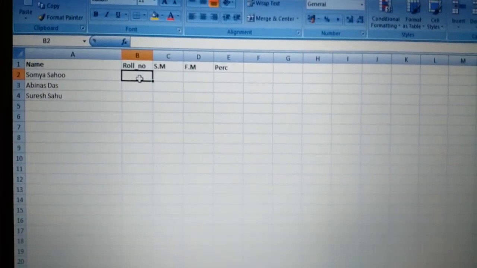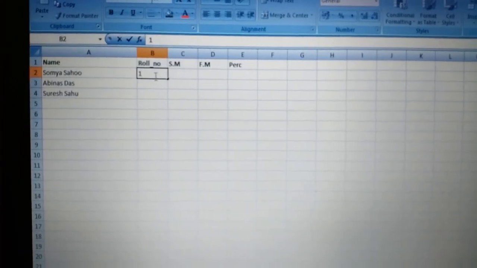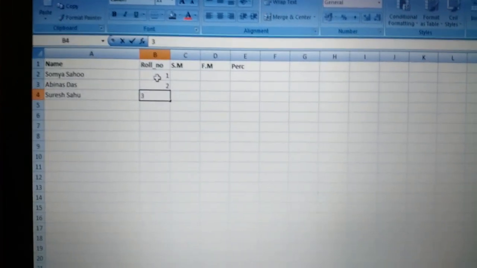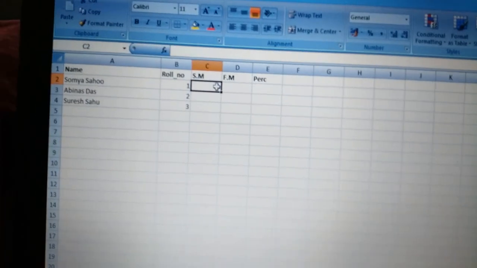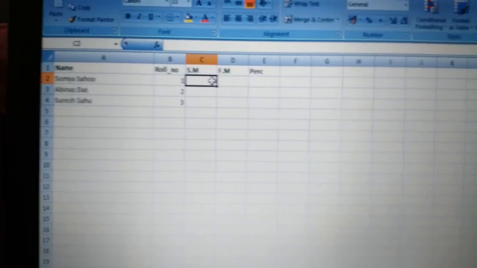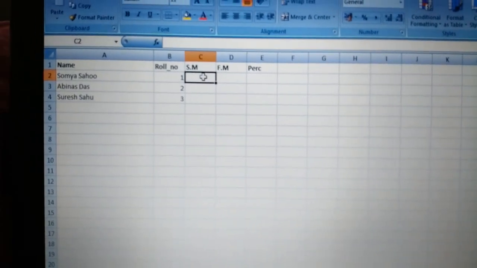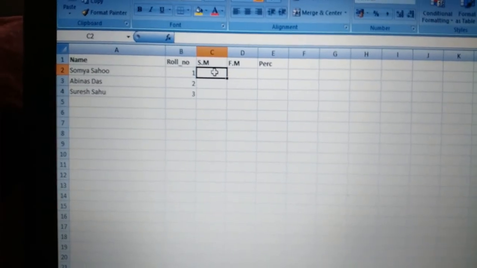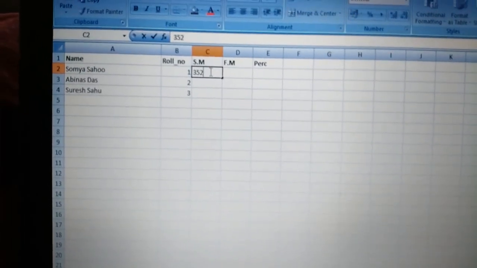Write the roll number below. Then the secured mark. Let the secured mark be 352.